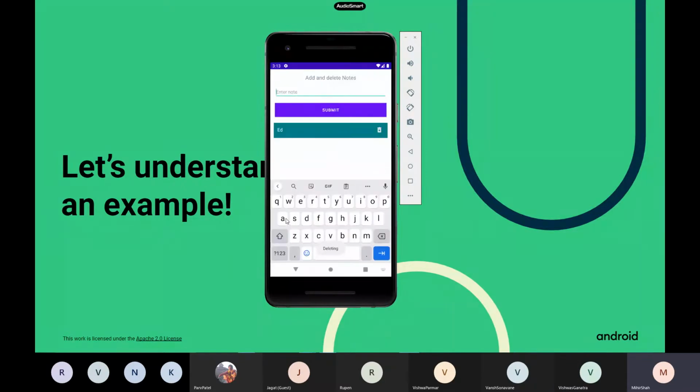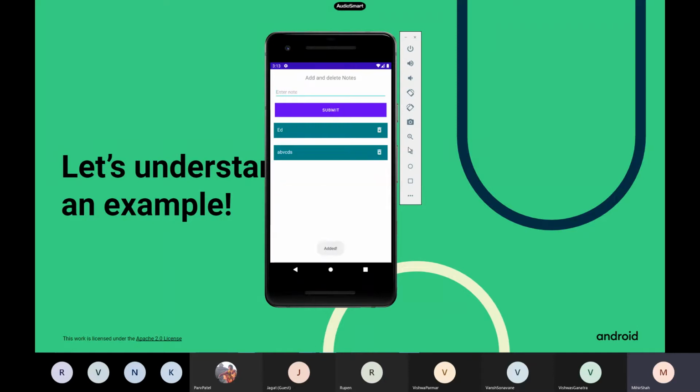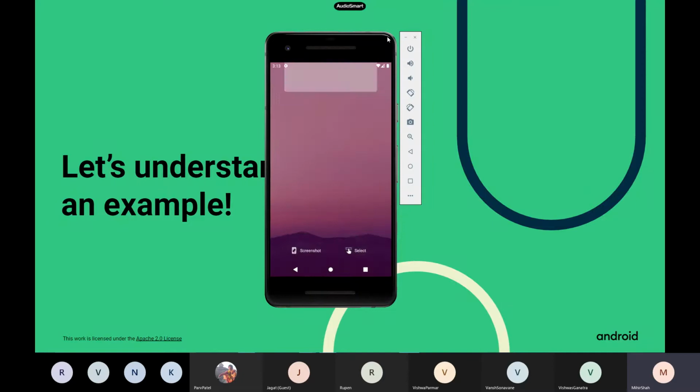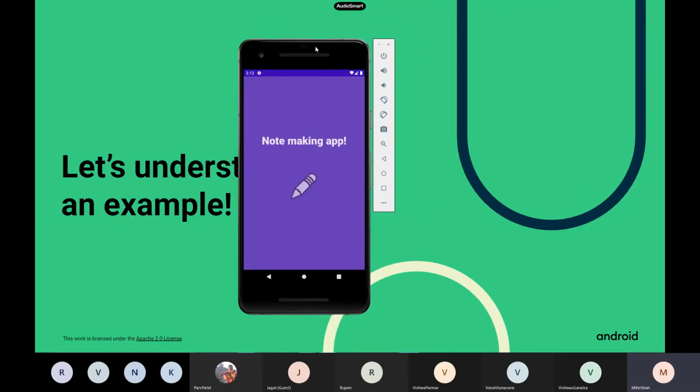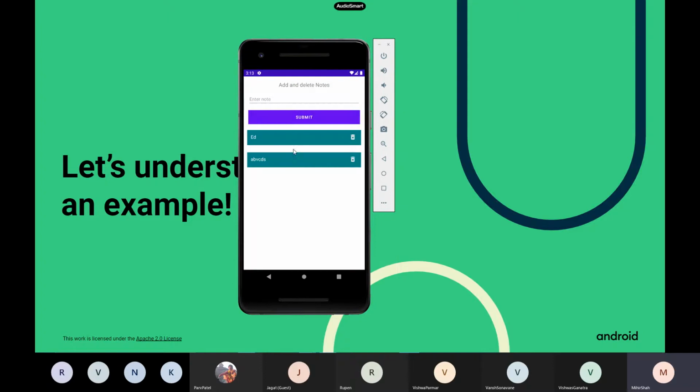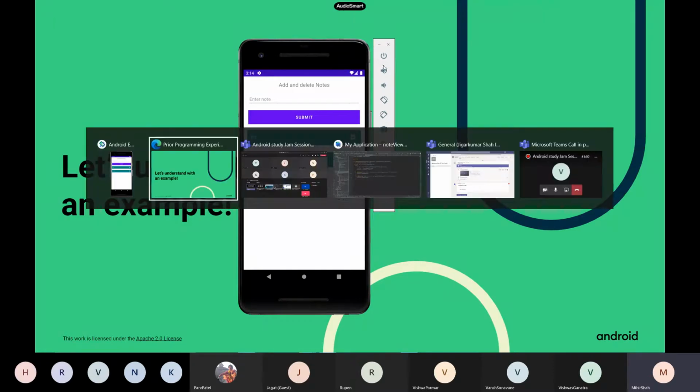I can just add A, B, C, D, whatever, and then I'll submit, and this makes it offline. We can access these notes even if the data is off, and this is the beauty of Room database. So if I kill the app even, and then I load it again, you can see this is present over here. For implementing this, I had used Room database. So we'll take a look at its code.